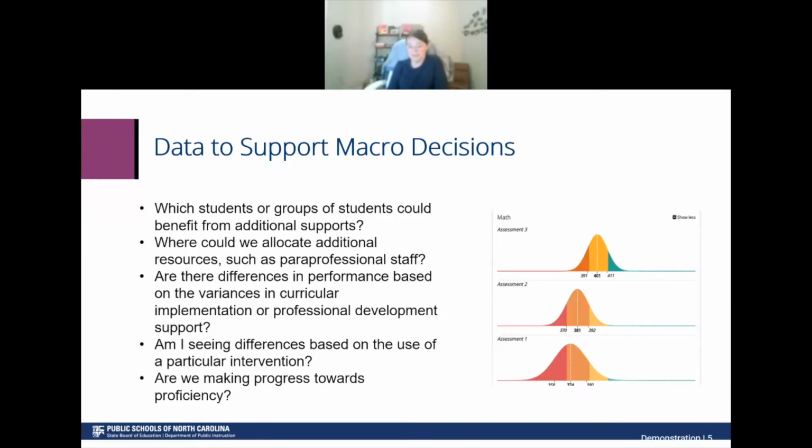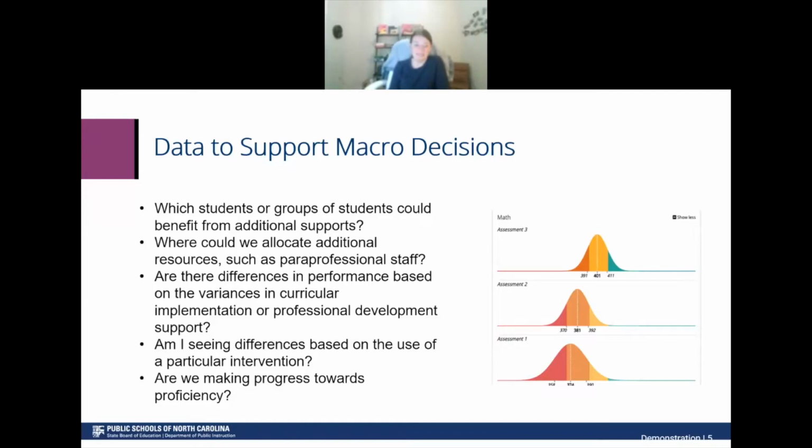as you implement curriculum in a school or a certain intervention, this can give you information about how well it's being implemented or if it's effective. So if there are multiple opportunities for teachers to have choice over how they're pacing or the particular strategies and things like that, you can start to see differences across performance, also taking into account, of course, the makeup of that particular class, et cetera. If a particular intervention is being used, this allows you to have a baseline with the first interim assessment and then be able to see how students are progressing as a result of that intervention.